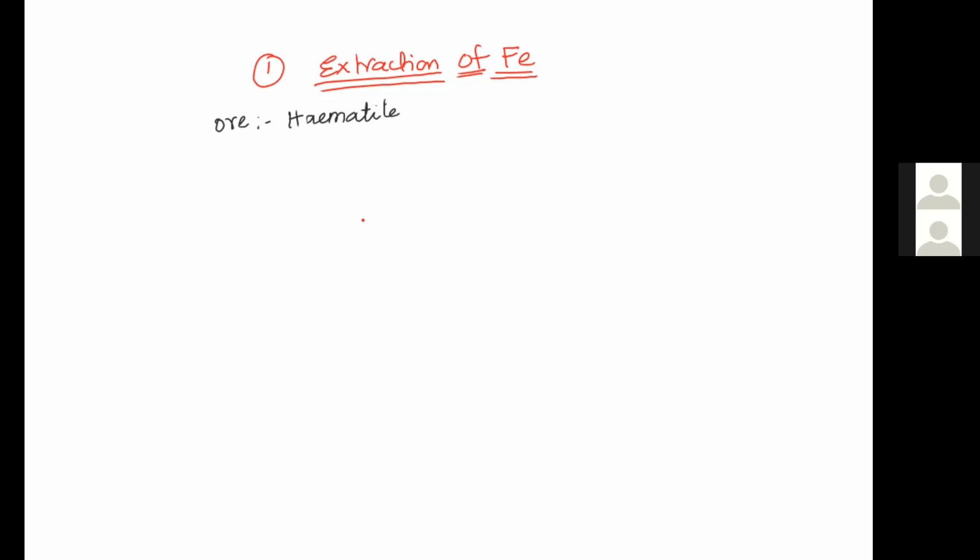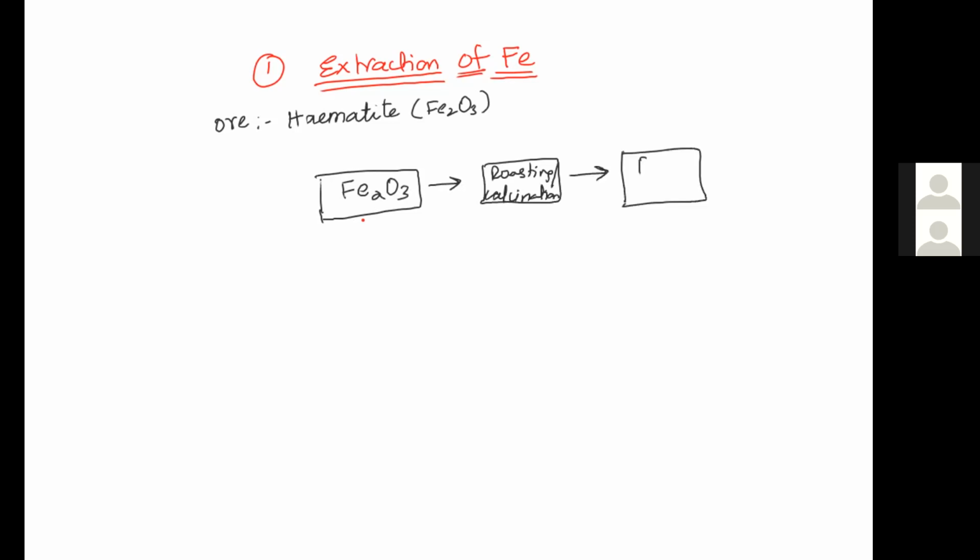So what will happen here? You first have the iron ore, which is hematite, whose formula is Fe2O3. We do roasting or calcination. After performing roasting or calcination, you have a blast furnace in which you are going to send hot air plus oxygen. You will also add calcium carbonate and coke,